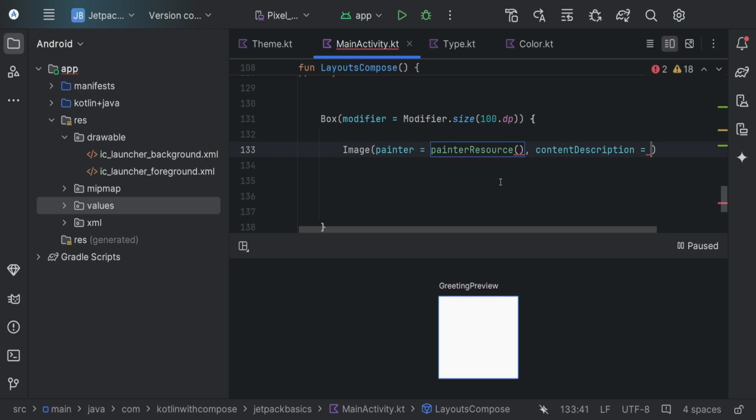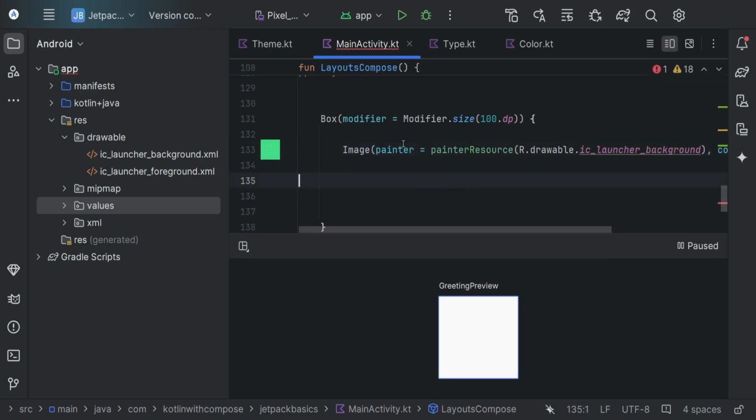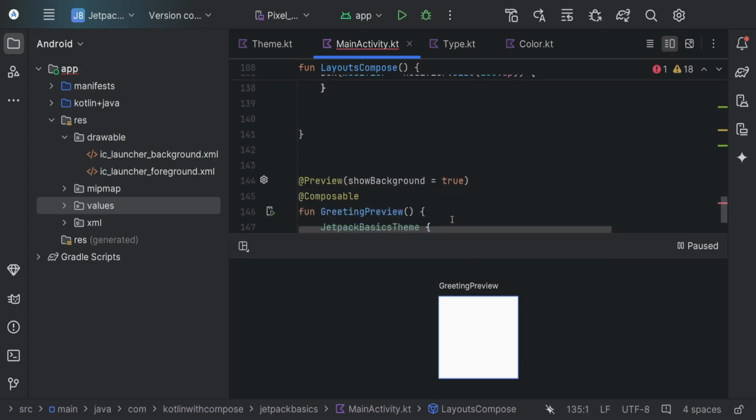So here you can include your drawable, like R.drawable.ic_launcher_background. That's it. So you can see in the preview,